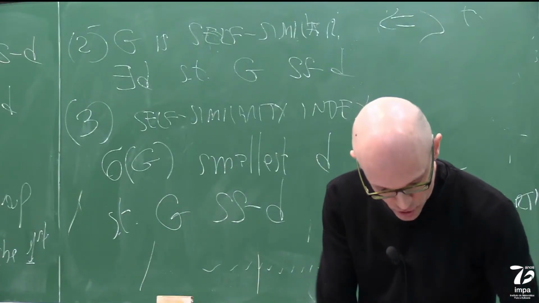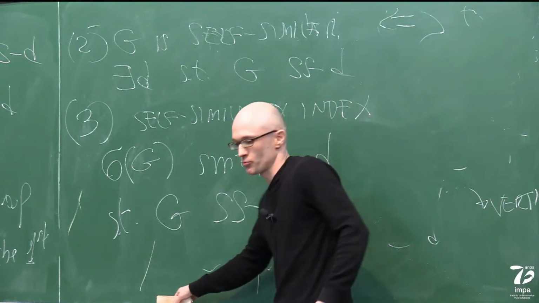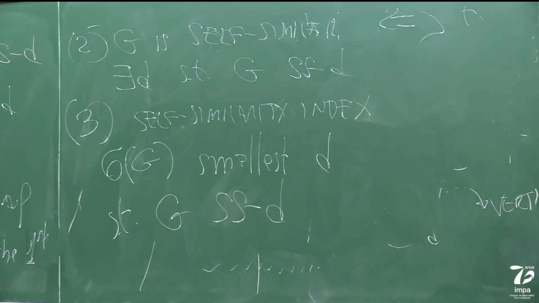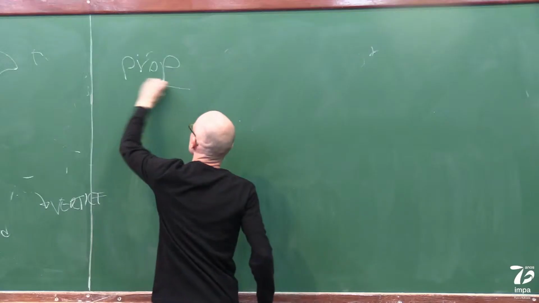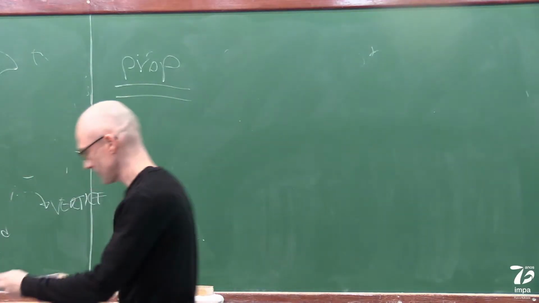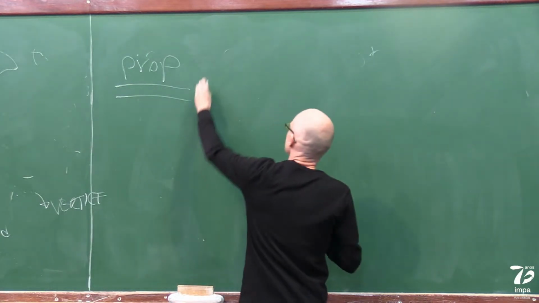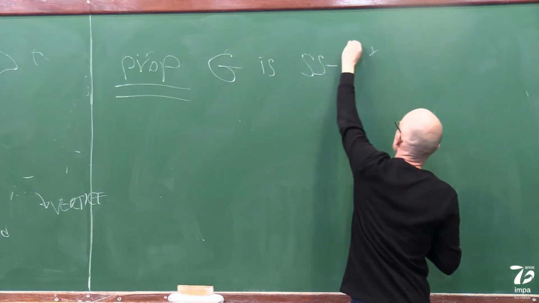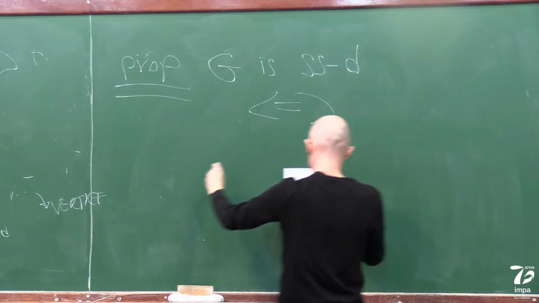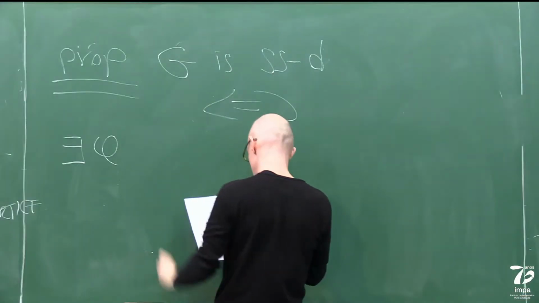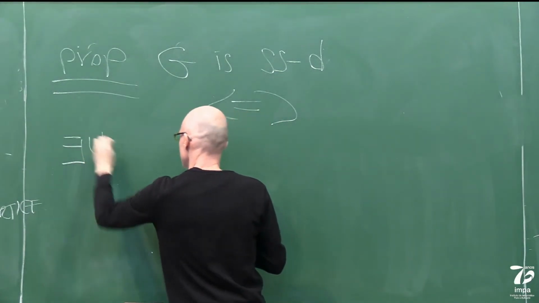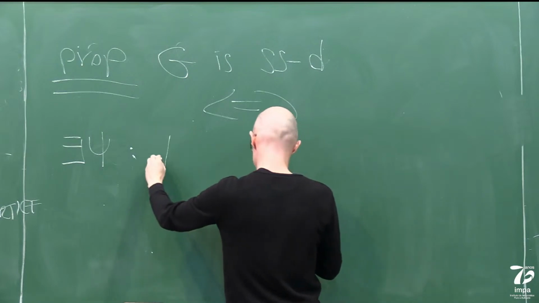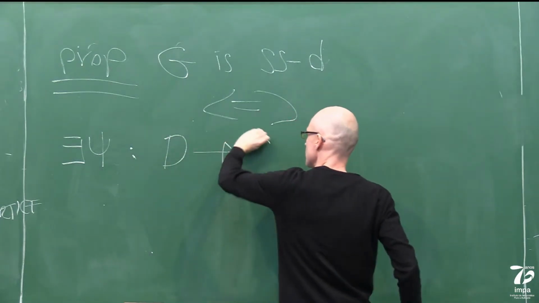One of the main observations is that in order to study the problem of self-similarity for analytic groups, we can define this property, or you have an equivalent characterization of this property in terms of virtual endomorphisms. This was already known. I take a group and an integer d, and the point is that G is self-similar of index d if and only if there exists a phi, let's call it phi, from D to G, a group